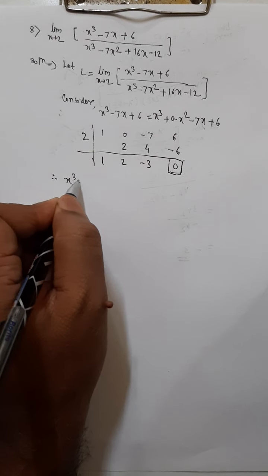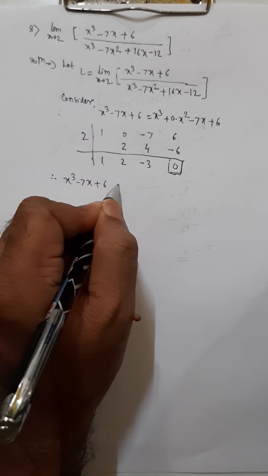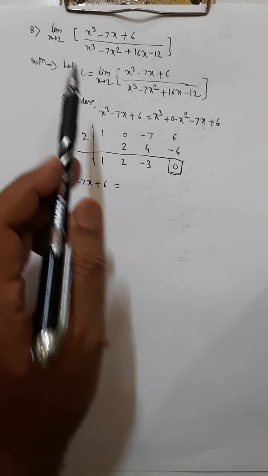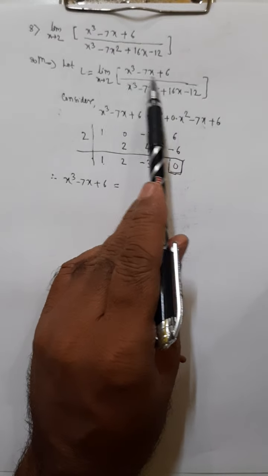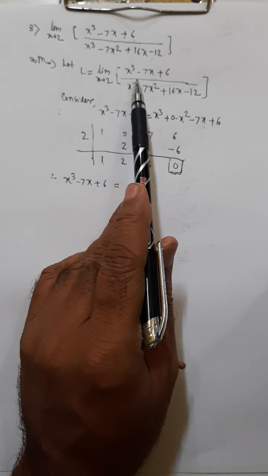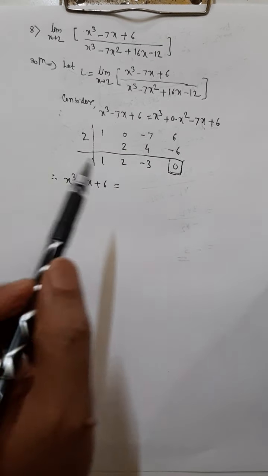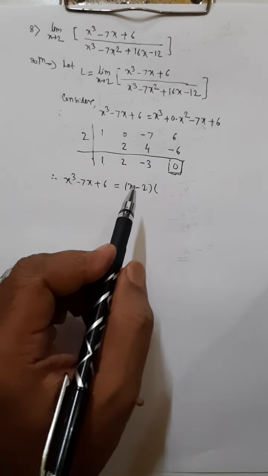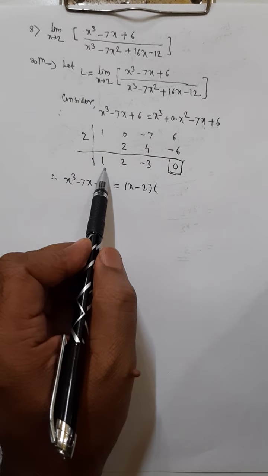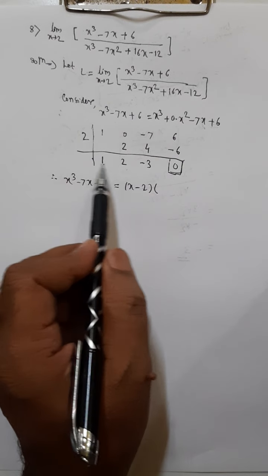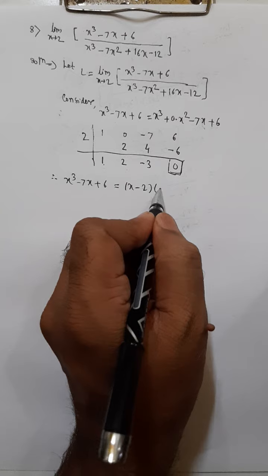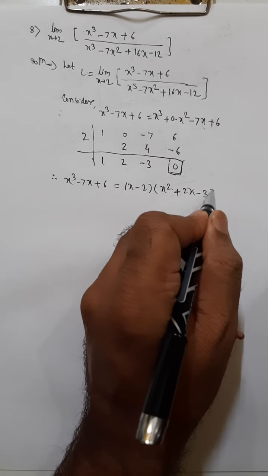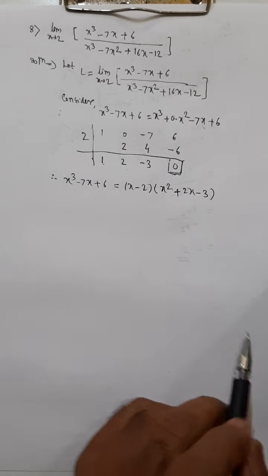Therefore we can write for the numerator x cube minus 7x plus 6 equal to, note that the first factor: x tends to 2 is given. When x tends to 2, the numerator always becomes 0. When you put x equal to 2, this will be 0. That means one of the factors is x minus 2. So the first factor from the given limit is x minus 2, and the second factor is written from these three numbers. The last number is the constant, then multiply by x and then by x square. So 1 into x square, we write x square, the second term 2x, and minus 3 constant as it is. So these are the factors for the numerator.